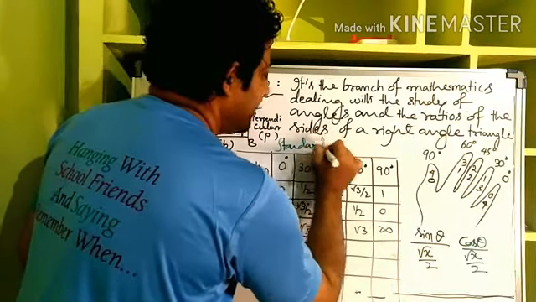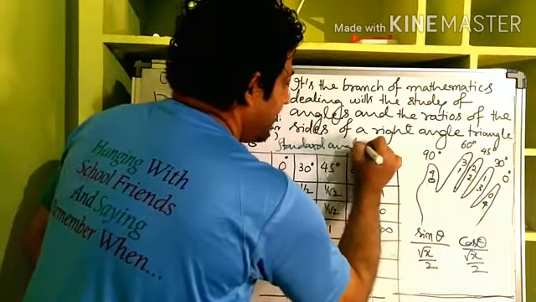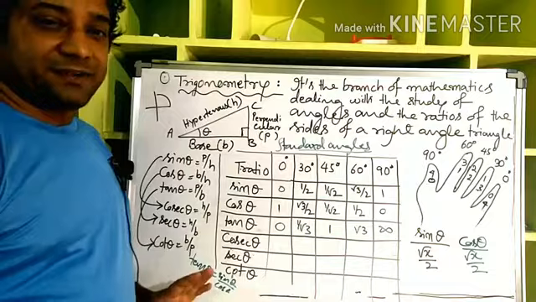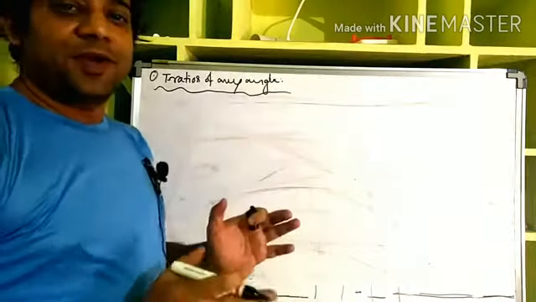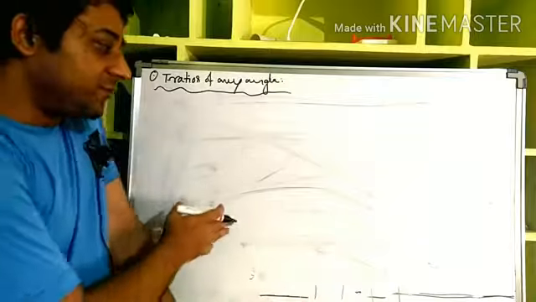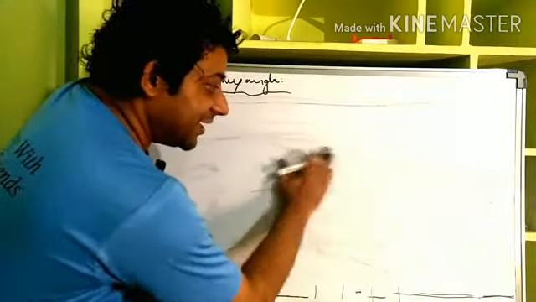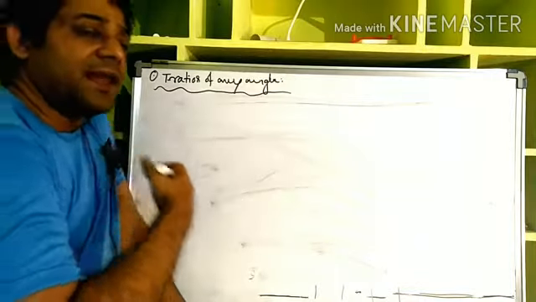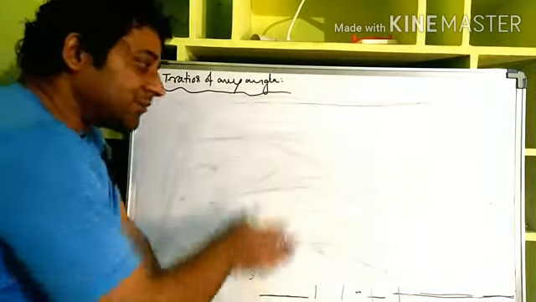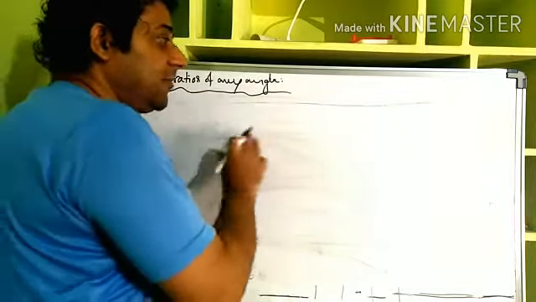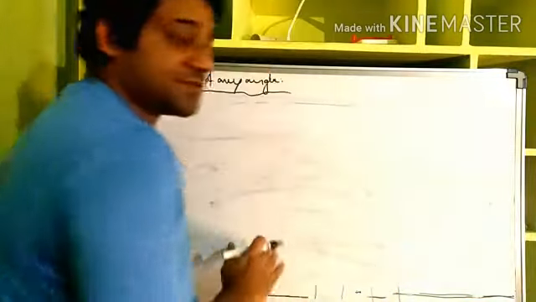So these are the standard, these are called the standard angles. And for all the standard angles, all the trigonometric ratios we have identified. Isn't it very simple? Now we are going to see the T ratios of any angle. First we saw only the standard angles, and standard angles also between 0 to 90 degrees only. Now any angle can be any of these trigonometric ratios. So how can we find out? Let's see that. For that we will follow certain conventions, okay?